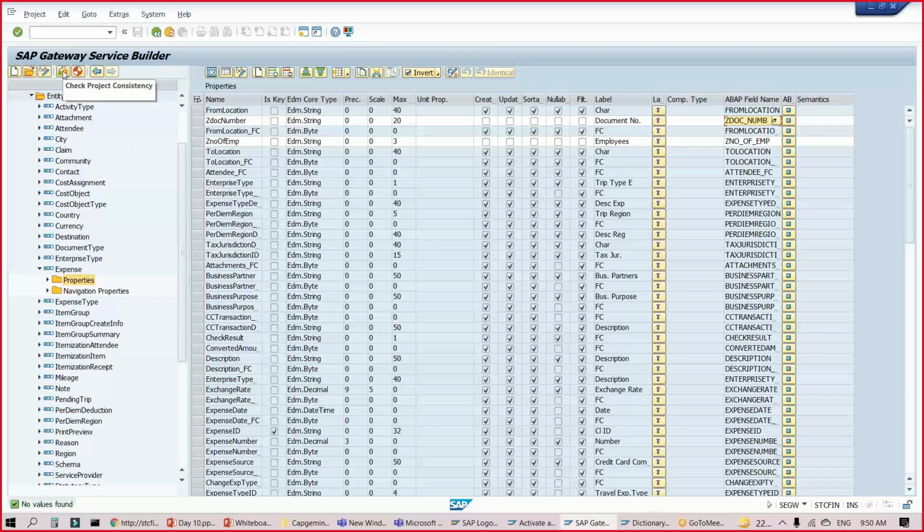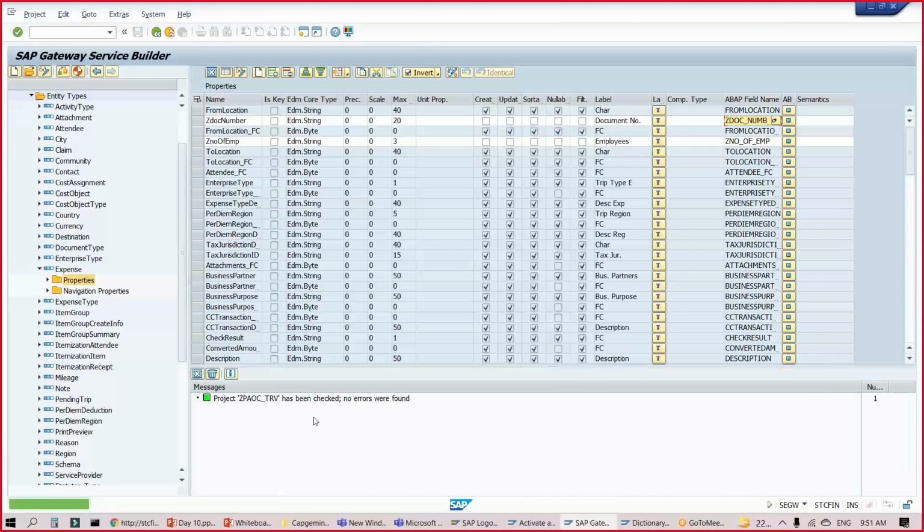So let's do the check now. We can also just enable creatable, updatable, deletable, filterable for all these properties. Yeah, so you see the issue is gone. So it was just a refresh issue, guys. Nothing to worry. Sometimes standard SAP objects behave like this. And I will check everything on here. And let me now generate the runtime artifacts.